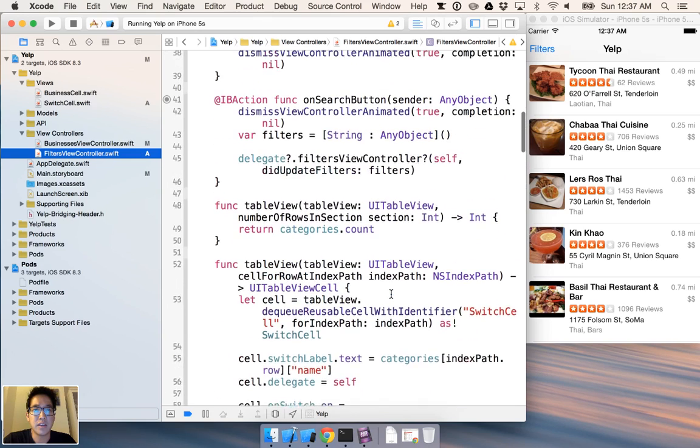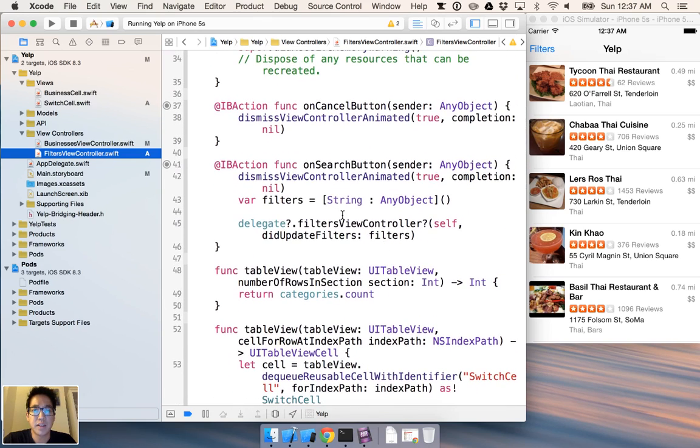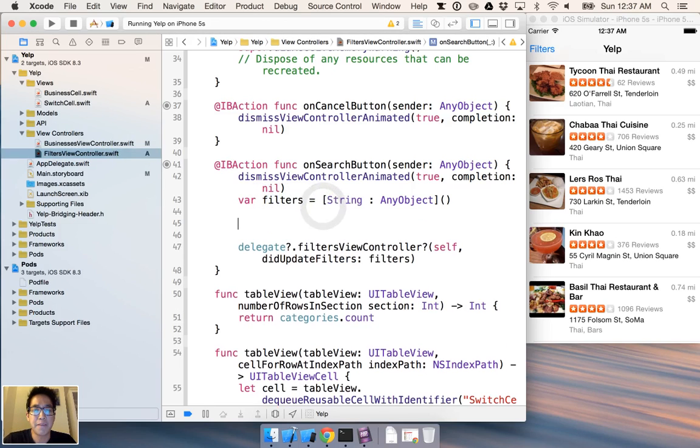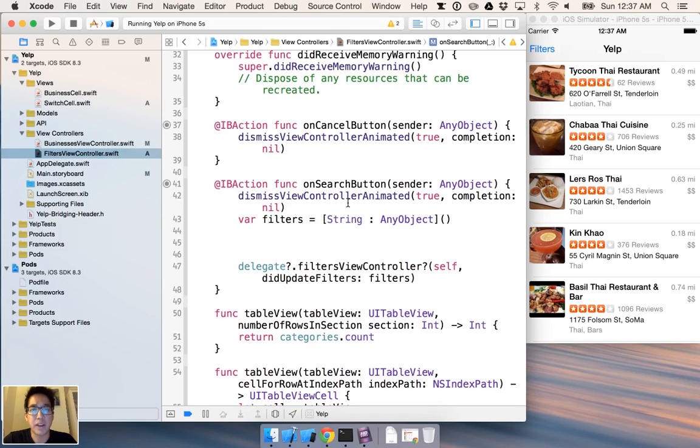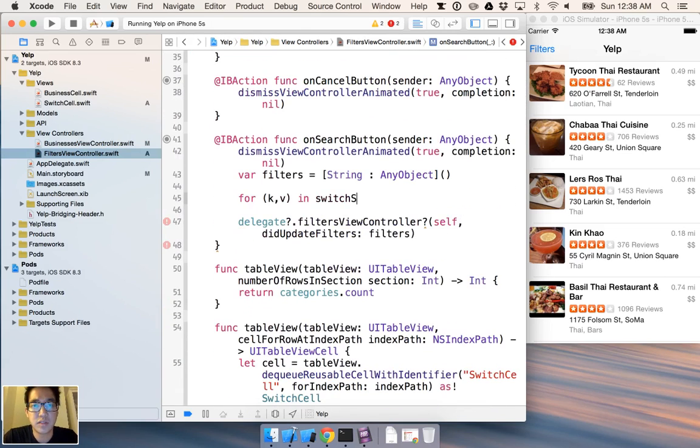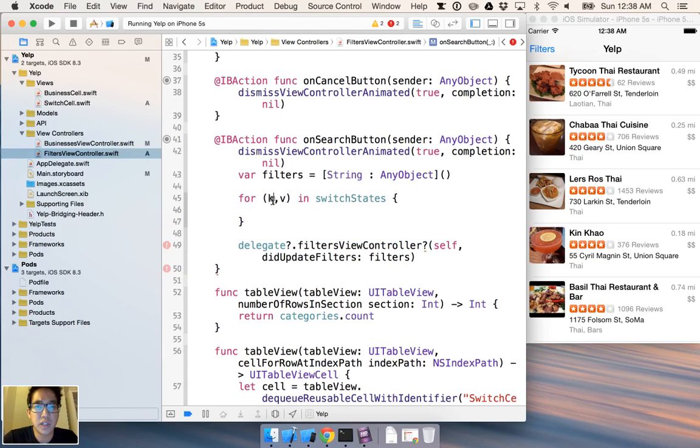And in the onSearchButton method here, I need to somehow prepare this filters array, right? So I'm going to iterate through my switch states. So this is going to be the row, and this value is whether or not this switch is selected. So this is the Swift kind of iterator to take me through a dictionary. It's going to walk me through all the keys and then all the values. And so if this switch is selected,